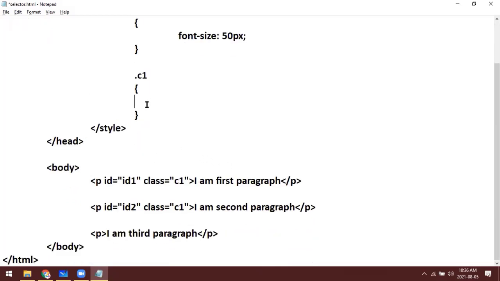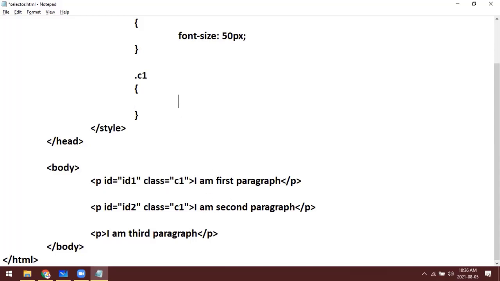It doesn't know, it will look into C1 as a default HTML element, which won't be available. So here we have the period, which means we are referring to a class. It will look into the class value C1, so wherever C1 is the class value, those styles will be applicable to those particular